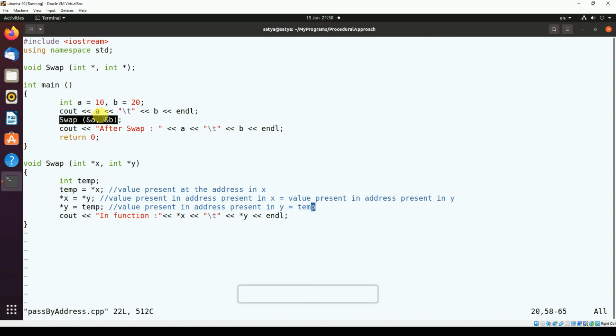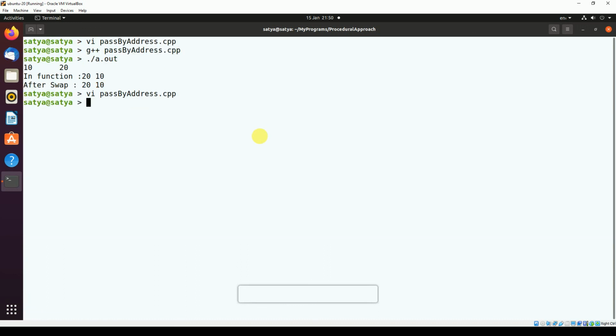That's the reason the values are modified for A and B also. So after swap, A B we are getting 20 10. So it's properly working. Okay, you can see once again. In function also the values are 20 10, previously it is 10 20. After swapping, in function it is giving 20 10, and in main also it is giving 20 10. Okay, so this is how pass by address will work.